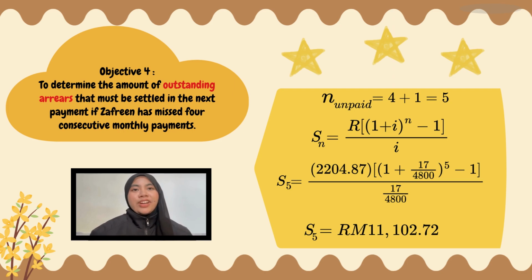So for our objective 4, we want to find the amount of outstanding arrears that must be settled in the next payment if Zafrin has missed 4 consecutive monthly payments. So we want to find the N unpaid. So we calculate 4 plus 1 and the total is 5. The formula that we use is S n equals R multiplied by (1 plus I) to the power of n minus 1, over I. So you can insert the information into the formula and you will get S as RM